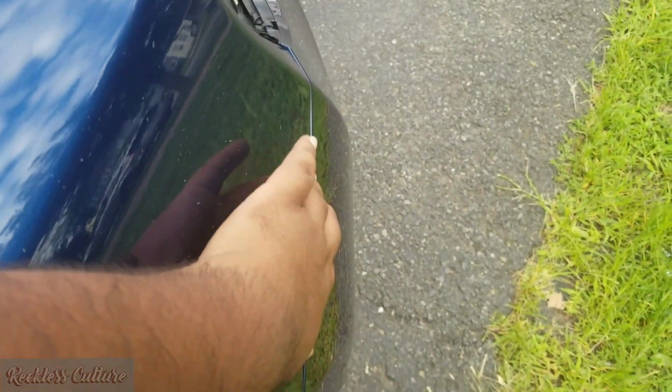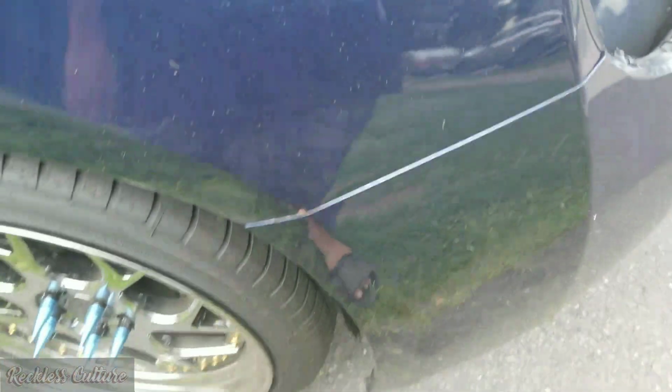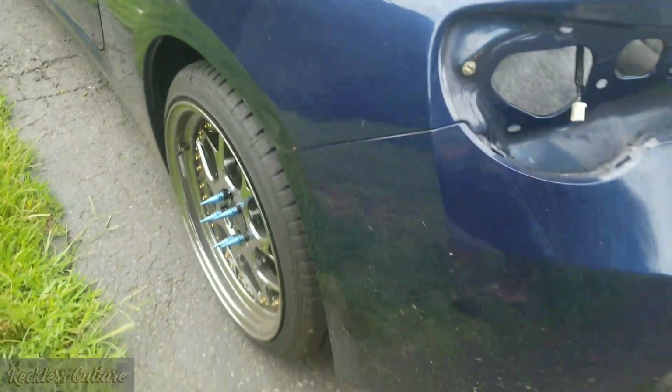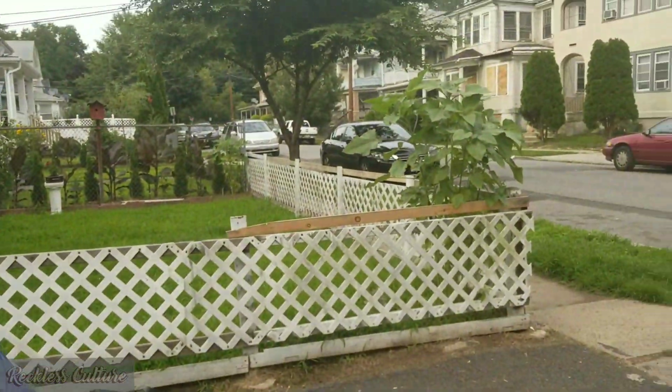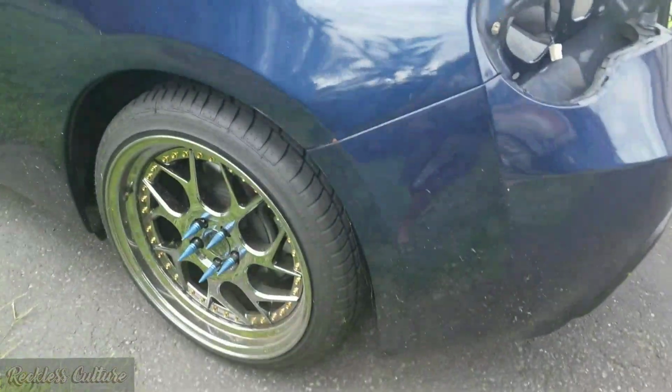Alright, so yeah, what's particular to my case is someone backed into me, and this here got a little too flat. You can see there's a little too much here, right here. So yeah, that's the only reason I gotta fix this, because this side, see, it has some sort of a little lip over it. Sadly, the people in my street do not know how to drive. Look at them, look at their faces. Yeah, anyhow, so